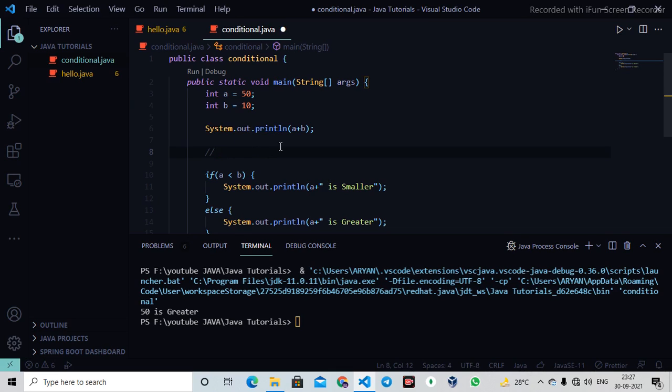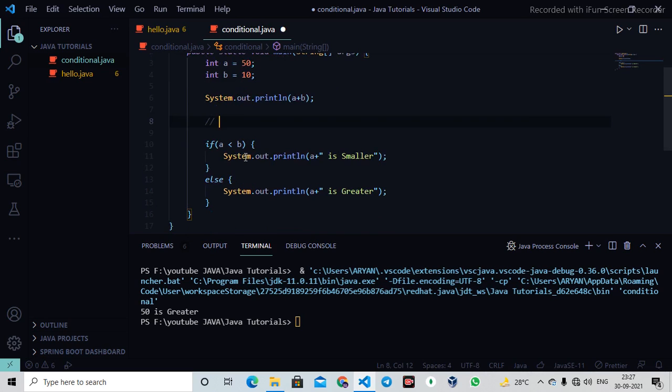Doesn't matter, okay. So these comments are helpful for a developer, maybe if you are working with a team, or maybe you are working on a code and after some time you will forget about it. So yeah, the comments are helpful to know what this piece of code is doing. So these comments are very good to write. Inside this, if I write a double slash here, this is only a single line comment, okay, which means on this line if I write anything, it won't affect my program, okay. So I can write here